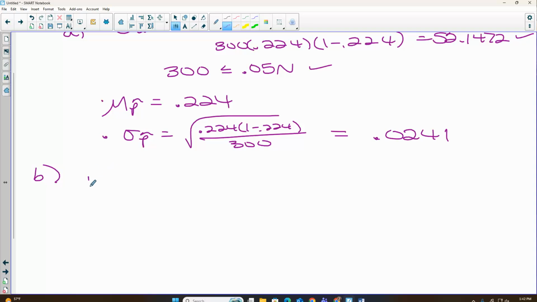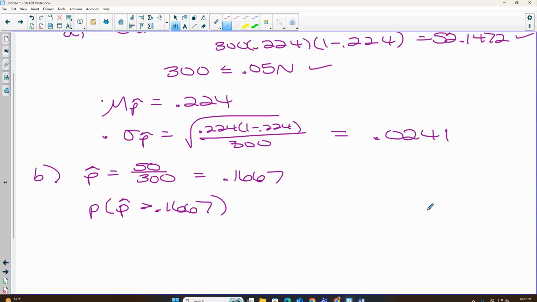The probability that at least 50. So you need p hat, x over n, so 50 out of 300 is... so we want at least 50. So the probability of being greater than. So what do we do? Our value minus the mean that we had in part A divided by our new standard deviation. Okay, so we get,